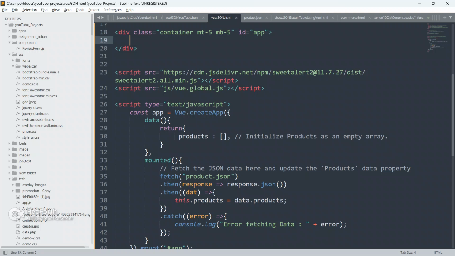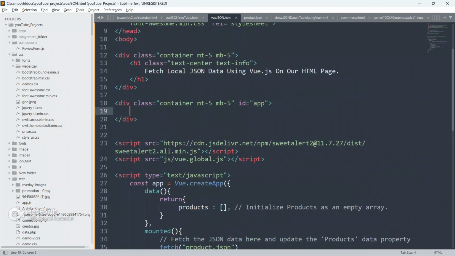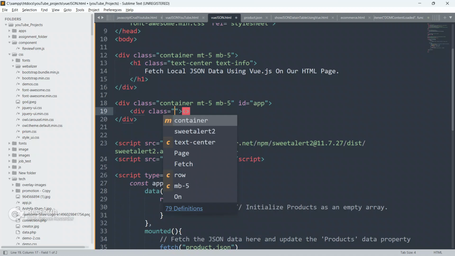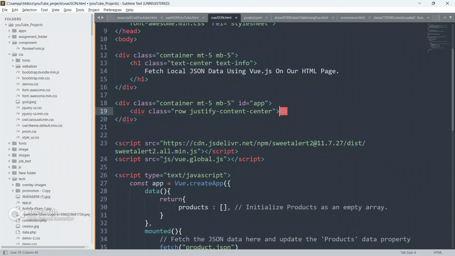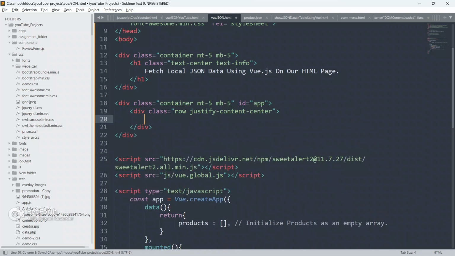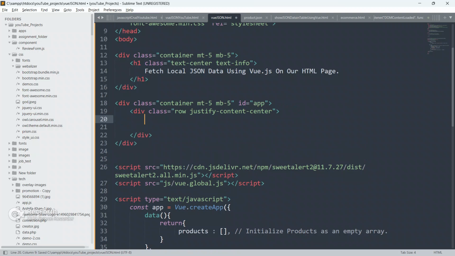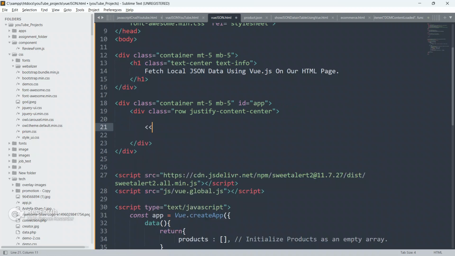Okay, so now I'm going to use the v-for directive. So guys, now create another div inside this div. Create another div and give it a class of row, and give justify-content-center also, and close this div first. And inside this div, I'm going to